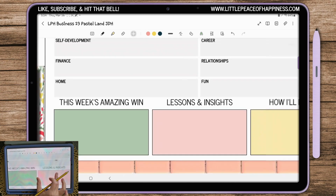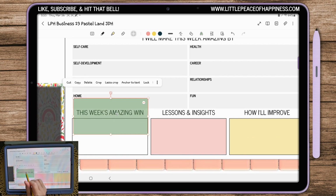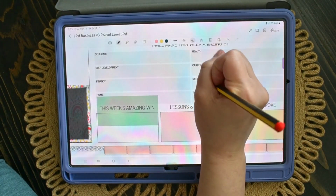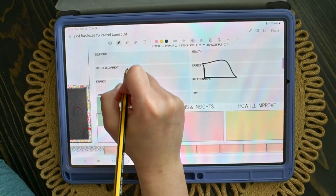These were the transparent boxes that I was talking about. So if I move that transparent box out, oh, and I actually locked it, so let me unlock it. So notice how it's transparent, you can still see things behind it. Although in Samsung Notes, you can draw shapes, but you can only draw the outline of shapes. It turns it into like the perfect